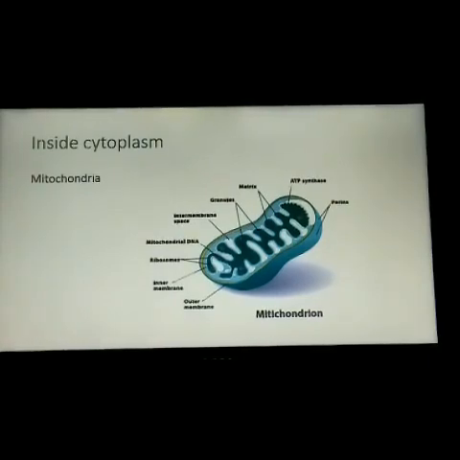So whatever food we are taking, that food will be converted into energy only by means of mitochondria, and that mitochondria will be present in the cell. So it is known as the powerhouse of a cell. The energy produced within the mitochondrion is used for all the metabolic activities of a cell. So it is also known as powerhouse. Mitochondria is also known as powerhouse, and the main reason is that the food which we are taking is converted only by means of mitochondria.